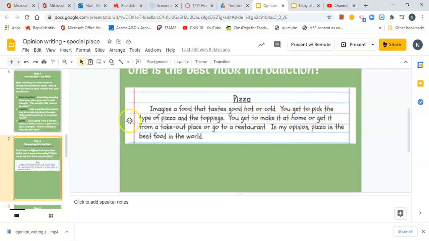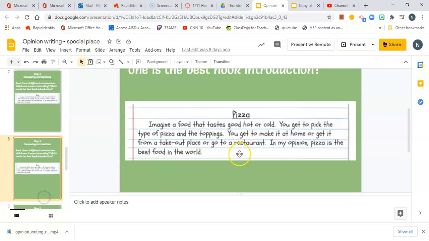You can get to pick the type of pizza and the toppings. You get to make it at home or get it from a takeout place or go to a restaurant. In my opinion, pizza is the best food in the world. So this student is probably answering the prompt, what do you think is the best food in the world? And so this is their introductory paragraph. Okay, think about that one.